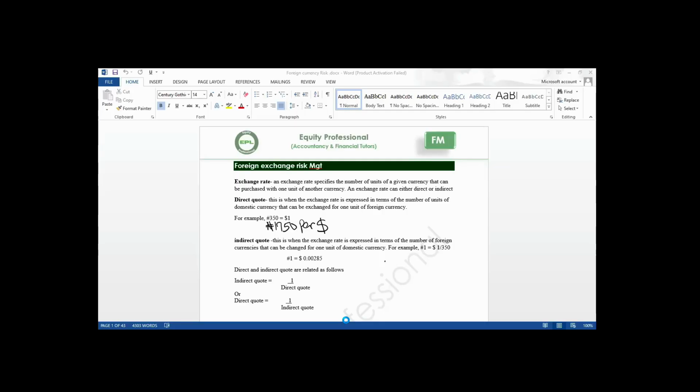In other words, you can define exchange rate as the number of units of a given currency